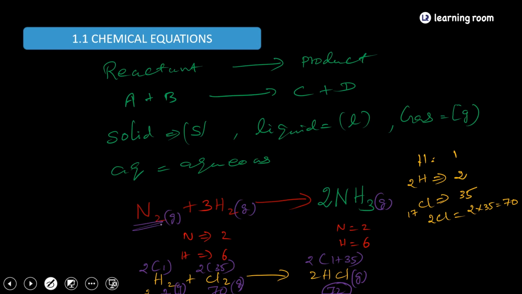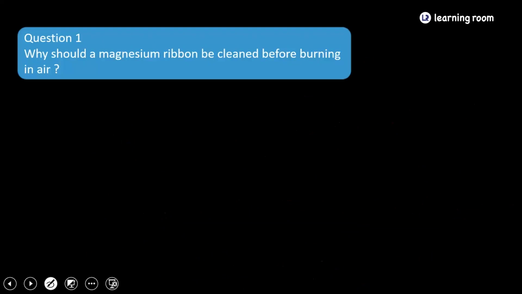Suppose you have ammonia in the same beaker, again it reverts back into hydrogen and nitrogen, because its stability is much less than nitrogen and hydrogen. Okay, so it does not mean that irreversible is a physical change. In chemical reactions also you have reversibility and irreversibility. Okay, and now we have to see the types of chemical equation.